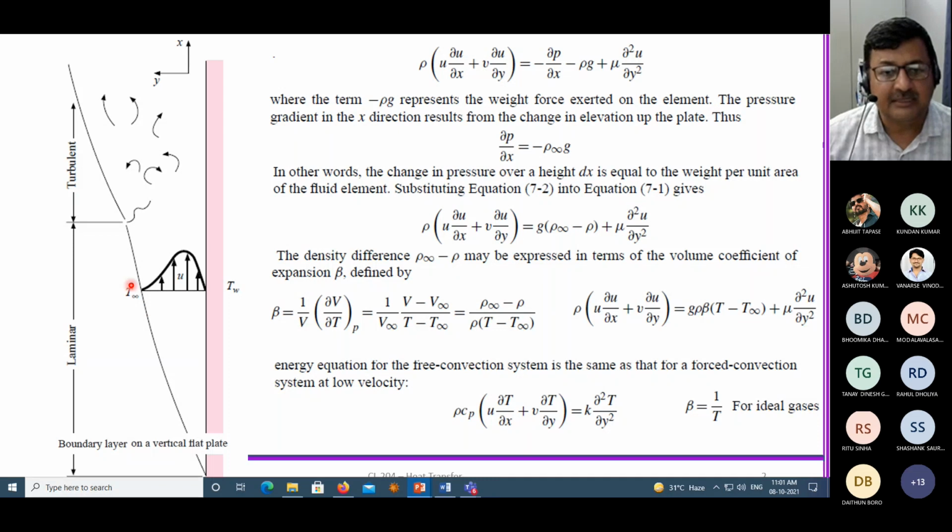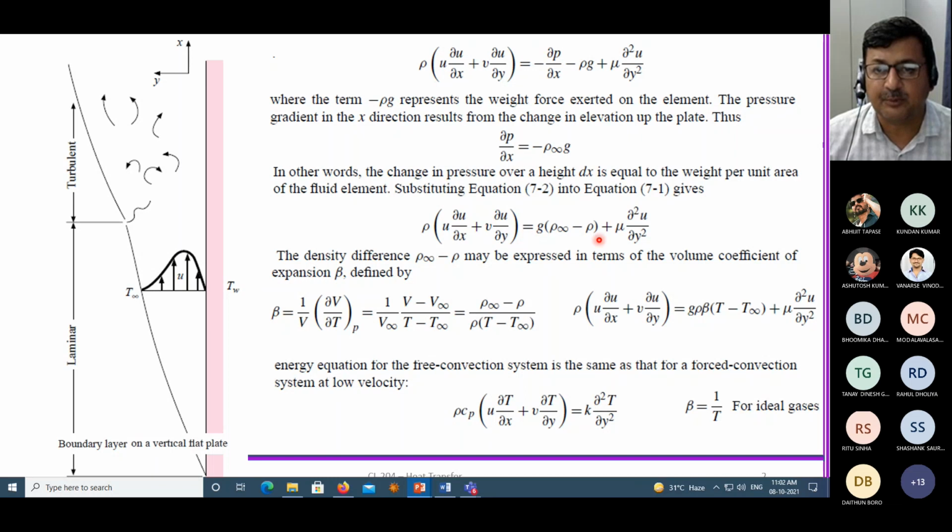What we understood is that the difference here is that in case of a forced convection, there is a flow, and then there is a temperature gradient. Now that leads to a convective heat transfer. Whereas in case of a natural convection, the temperature gradient itself creates flow circulations, which leads to the convective currents, which can be laminar as well as turbulent. And then we have to make a separate set of adjustments in terms of boundary conditions. The equations remain more or less same. A little bit of adjustment in terms of gravity we have to do.